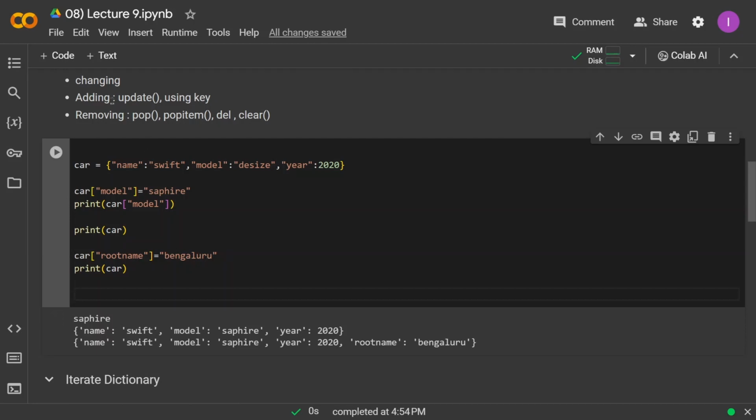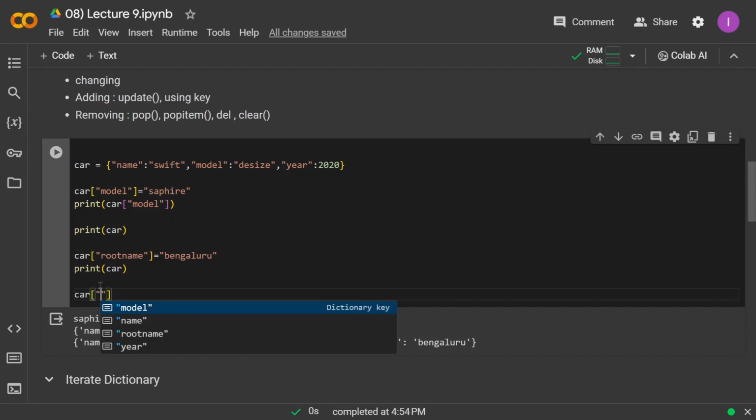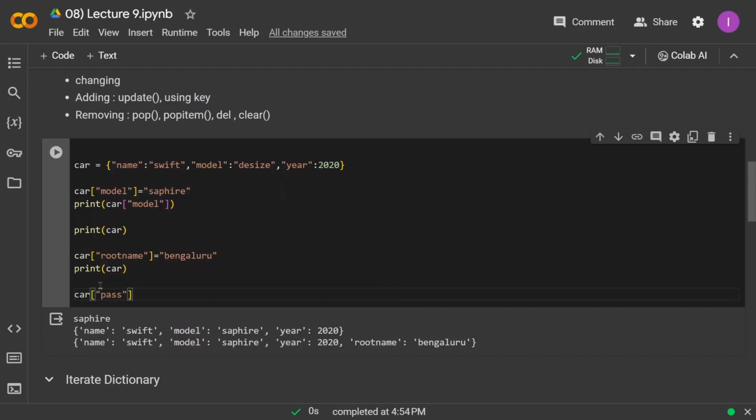You can also use the update method. What the update method does is whatever elements you pass inside this update function will be appended to this dictionary. Let's say I want to add this particular element, pass equals yes, as a key value pair into this dictionary. This is the existing one, and you have used this method. If I use one more method, like dot update,